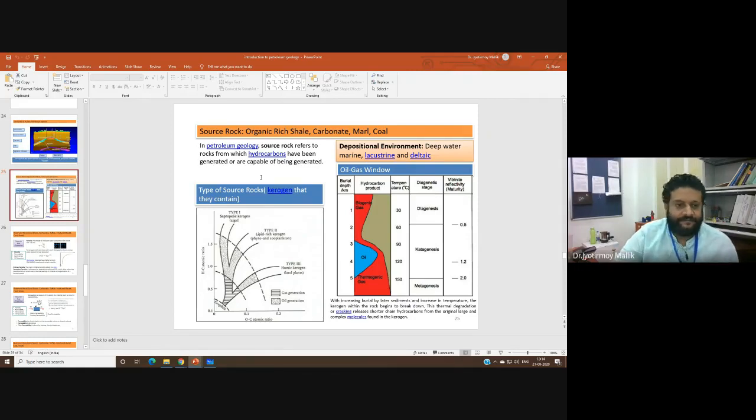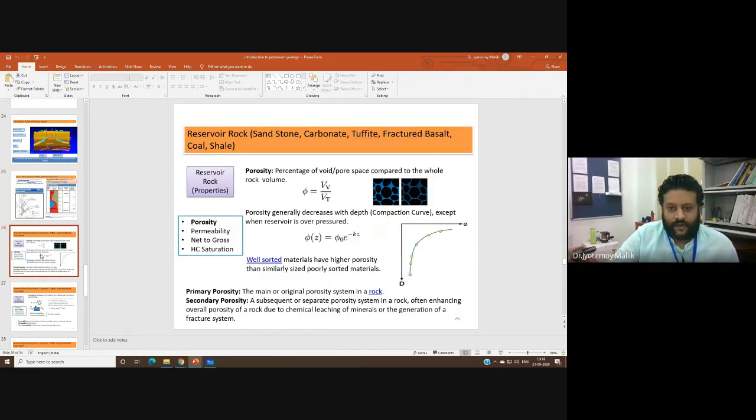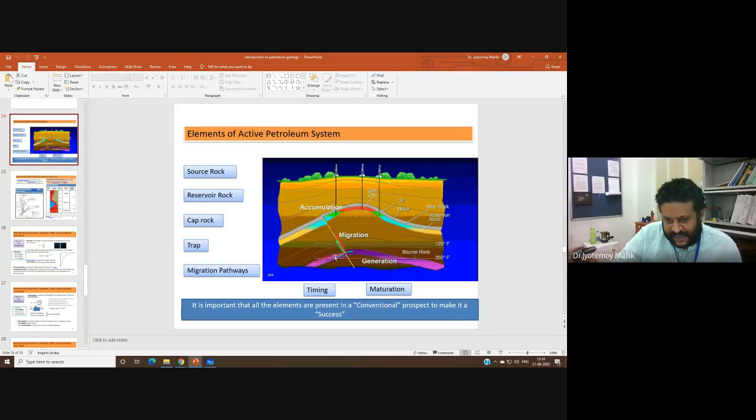All right. So now let us look into a reservoir rock. So we have simply characterized right now this source rock, the source rock from where the hydrocarbon is expelled, and then the hydrocarbon moves up and finds the reservoir rock. Now let us see what are the typical characteristics that a reservoir rock must have, so that we can call it a good reservoir rock.